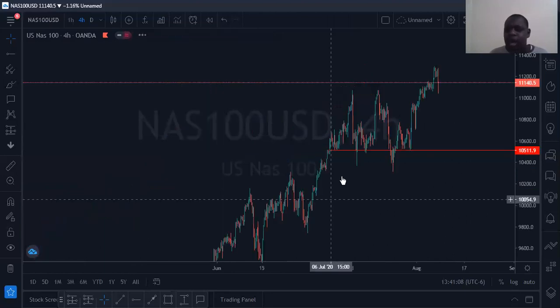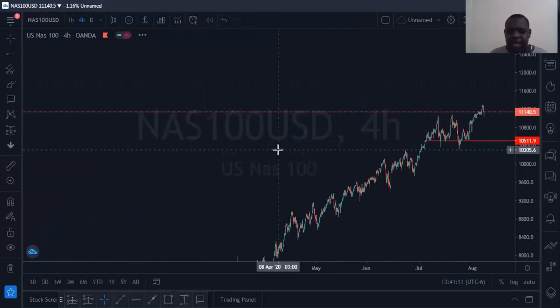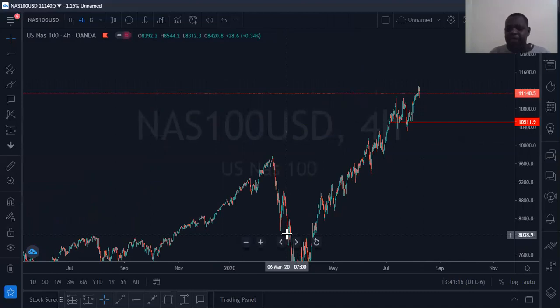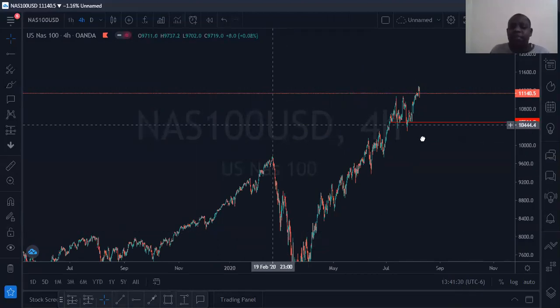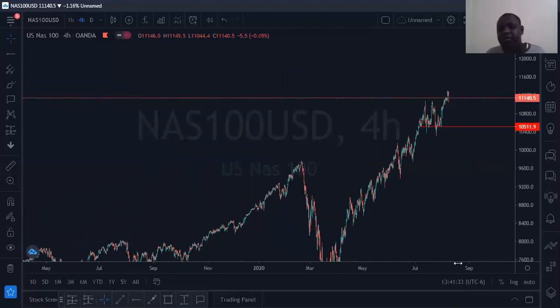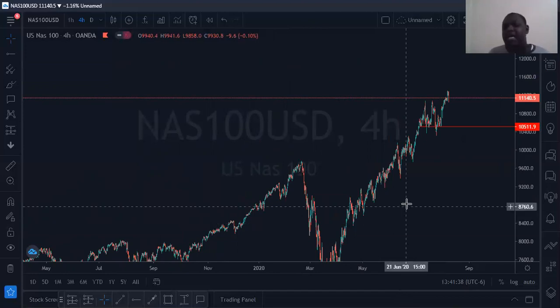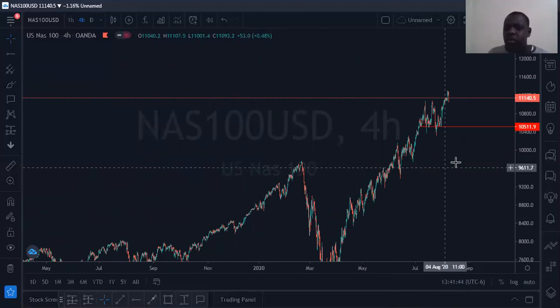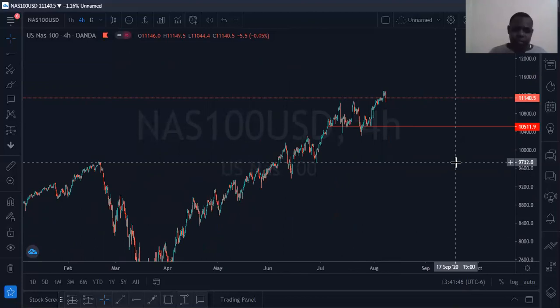One thing again I want to touch on with NASDAQ is that NASDAQ is on its highest peak. So basically, NASDAQ is just going up. What we're going to do here is enter our trades and always trail stop, because NASDAQ is on its highest place. We cannot place our take profit because we do not have any place we can relate to for placing our trade. So, guys, we better play it right and know how to place our trail stops.